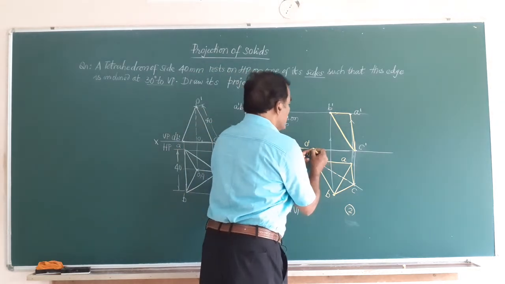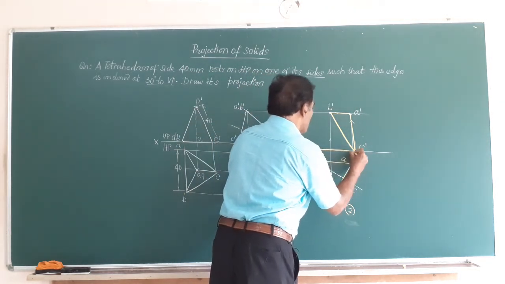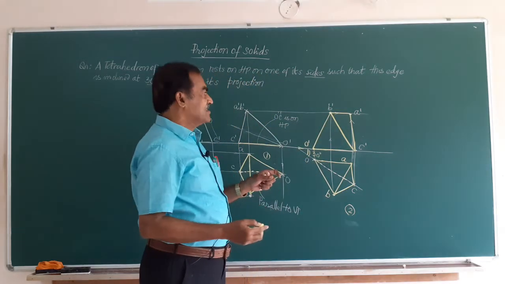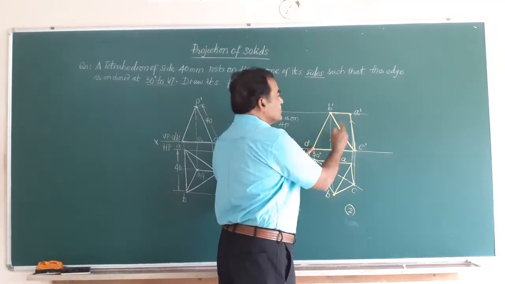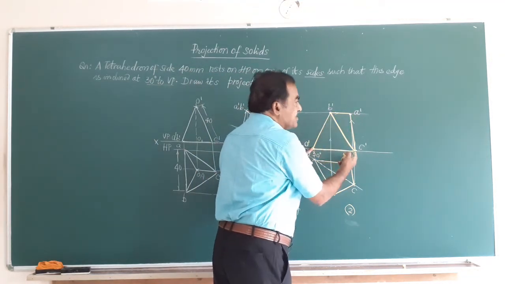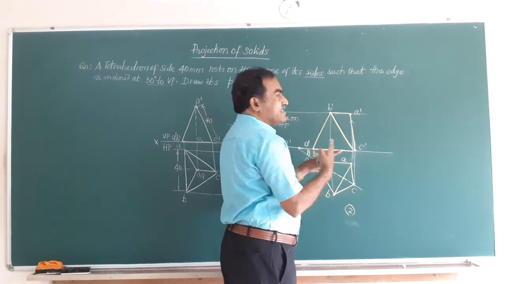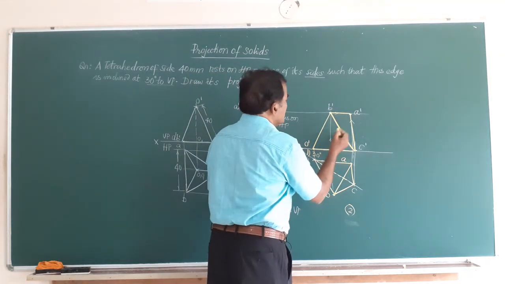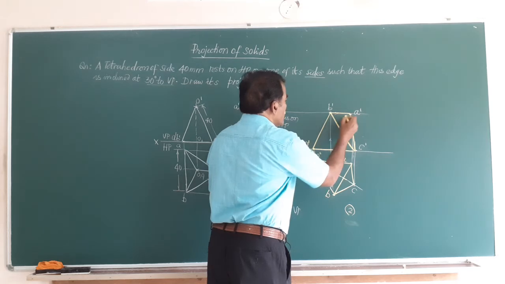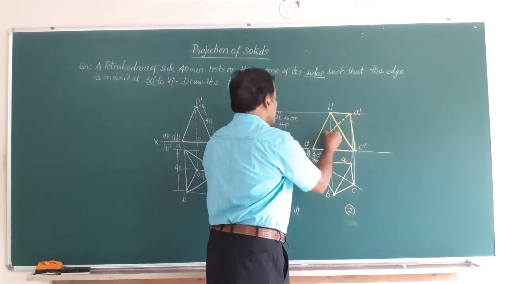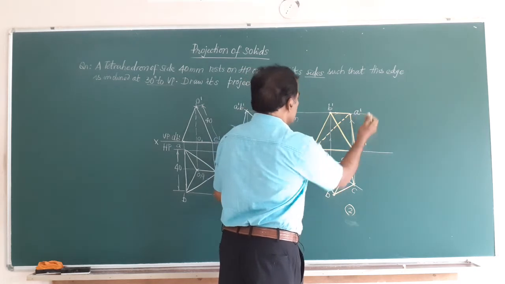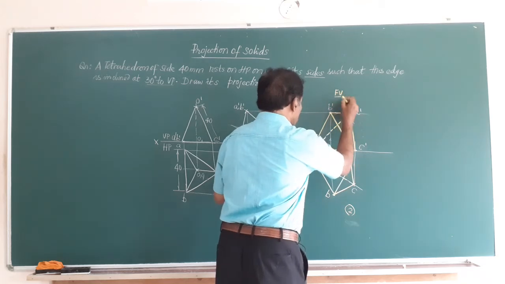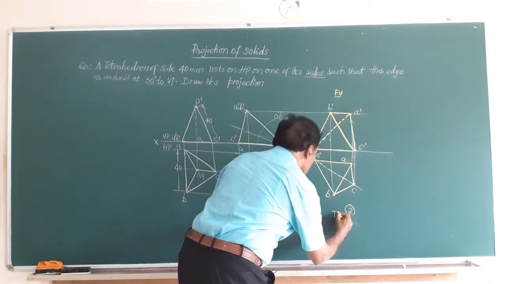Now I am going to join O to C. Yes, you get a solid line. O to B, I am going to join and get another solid line. Friends, remember when I am going to join this O to A, it is intersecting this BC. So whenever two lines intersect, if one of them is a solid line, the other has to be a dotted line, an invisible line. So friends, I am going to join O to A by a dotted line as shown. So friends, this figure will give you the front view of the solid, and this figure in the top view will give you the top view of the solid.